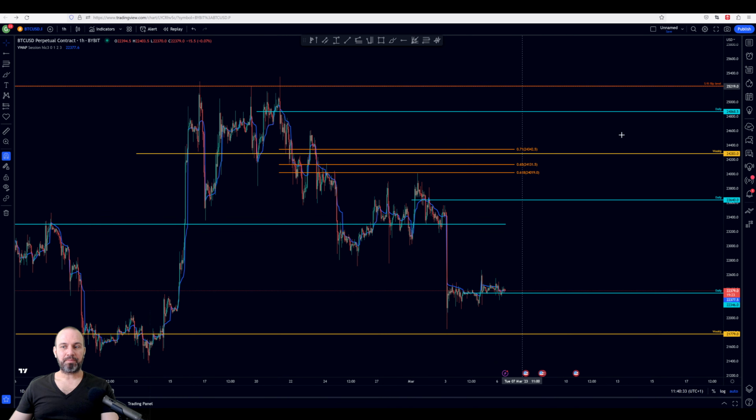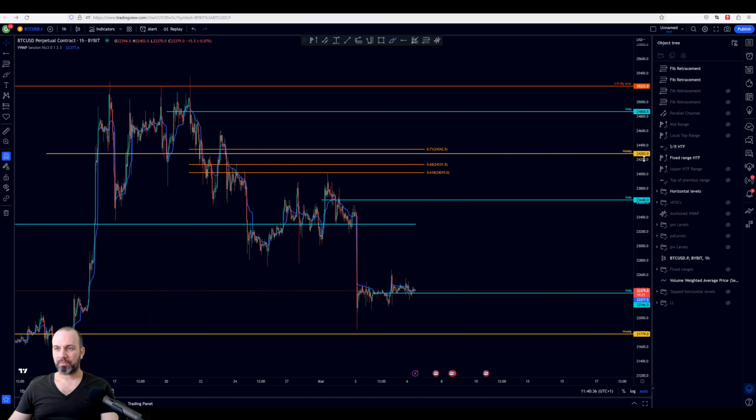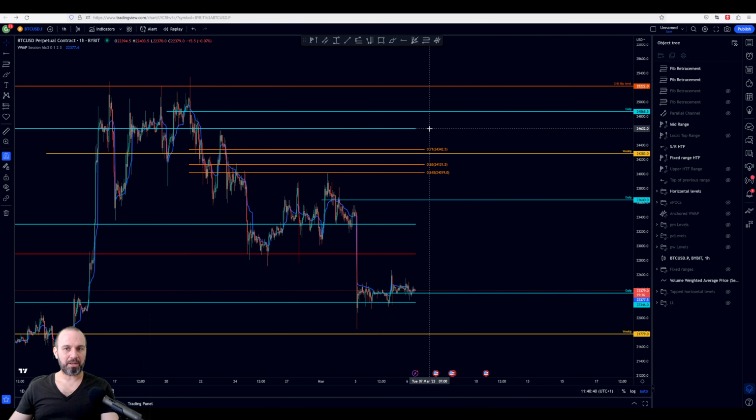Now, if this weekly will be claimed, then yes, we do have this daily. Untapped daily level, and then we also have, if we enable the mid-range, value area high. Okay, but at this point in time, I'll be checking the reaction here. But at this point, I would think the possibilities for the price to move to the high are increasing. So I would short here, but you need to take into consideration that the price could actually push higher,